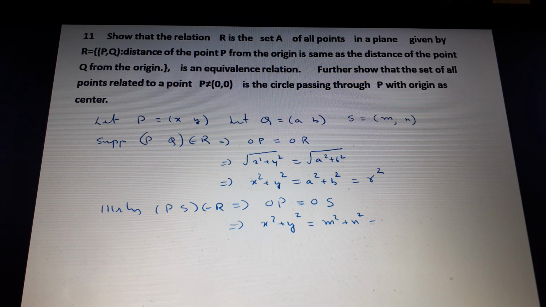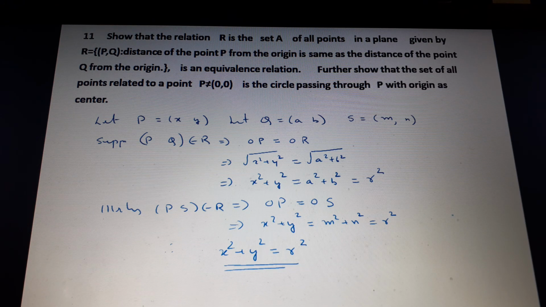So now these two are equal, I can take this as r square. So this also becomes r square. So replacing this, we get x square plus y square will be equal to r square. But what is this one? Last year you have seen x square plus y square equal to r square is a circle whose center is origin. Of course, radius r is fixed. So this is what we wanted to prove. Let us conclude with this question.